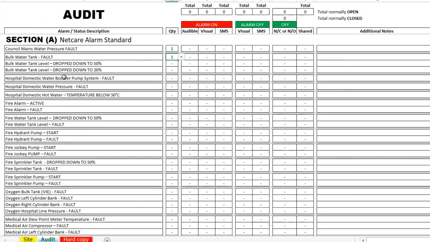Then you can go to hospital domestic booster pumps. Maybe you have 2 or 3 at your facility. Domestic water, do you know when the water's going off? Yes, you've got domestic water and there's a way of knowing it's gone off. Would you know if your hospital's domestic water temperature goes below 50? Maybe it's a no. So you can go down initially making a list of all the quantities of these devices